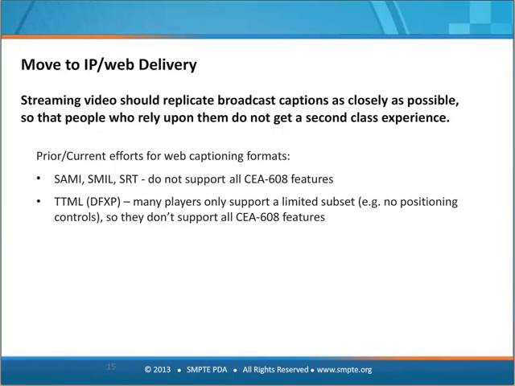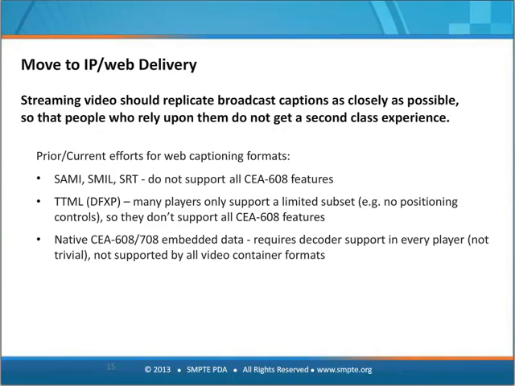Another very common one that used to be called DFXP, it's now called TTML, Timed Text Markup Language, is from W3C. And that's a very rich, very full-featured language. It could replicate all 608 features. But what we found is a lot of players that claim to support TTML files or DFXP files support only a very limited subset of the specification. Maybe they don't support positioning at all. They can have text come up at the right time, but there's no control over the positioning or the formatting. So in theory, this would work, but in reality, they don't support all of the features that you're mandated to support.